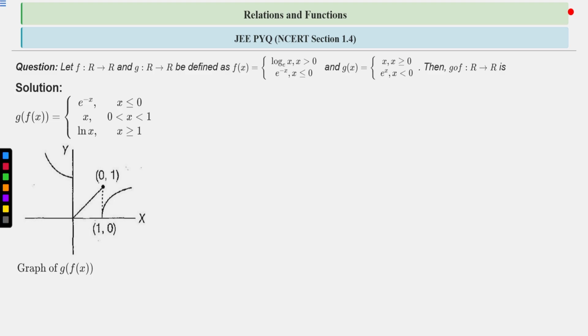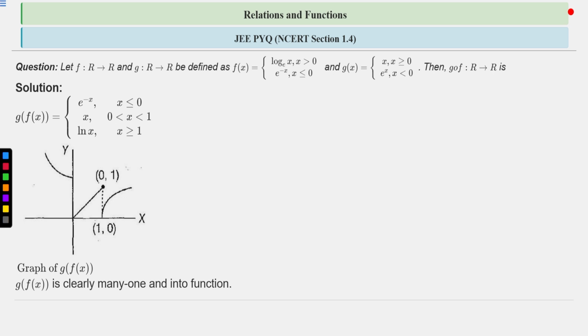See, when you draw any line which is parallel to the x-axis, we can say that it is cutting the curve at 2 points. Clear? So clearly you can say that f is not one-one, f is a many-one into function, right? And also codomain is not equal to range, because range is not defined as all real values.